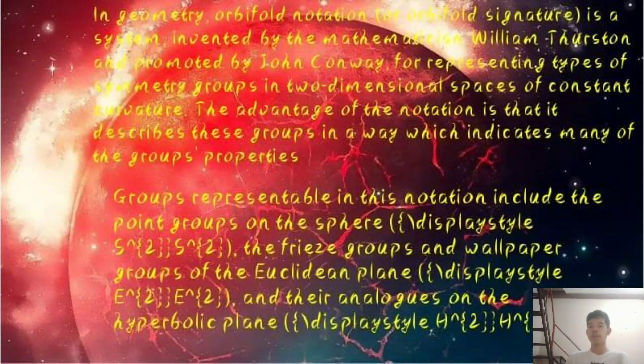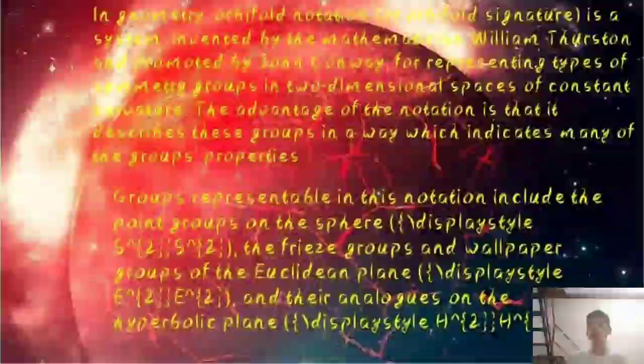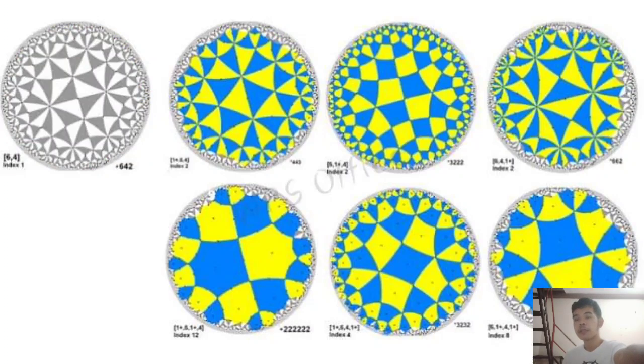Groups representable in this notation include the point groups on the sphere, the frieze groups and wallpaper groups of the Euclidean plane, and their analogs on the hyperbolic plane. So this is the example of orbifold notation for